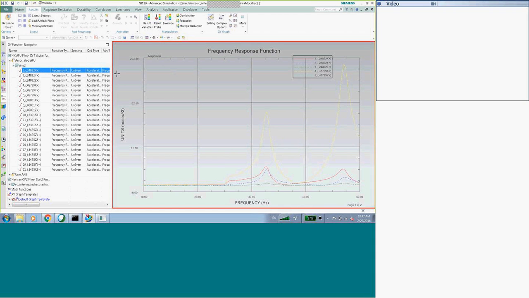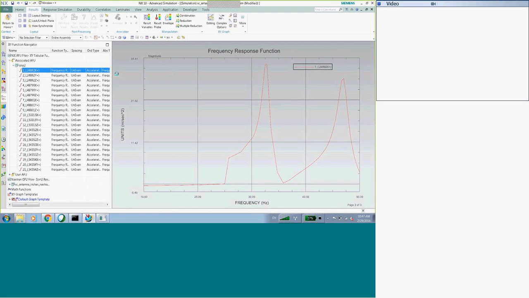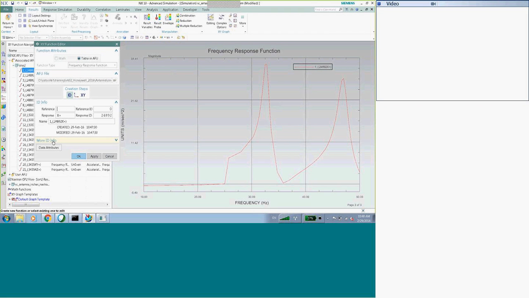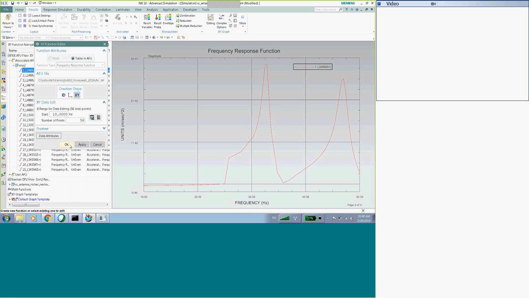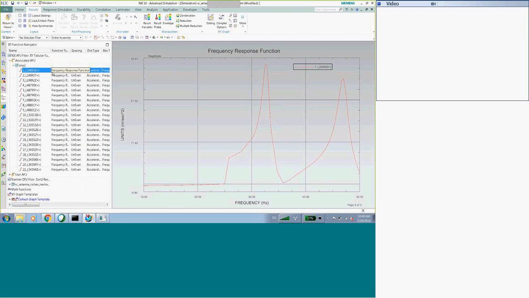I don't think we write the units data set to the UNV file, so it doesn't know what to write. Yeah, that's correct. So if you really want to fix this, you just edit it, and it's a bit of a pain. You have to do it for each one, but then you put G's here, and it's not going to scale anything. It's just going to change the display here.